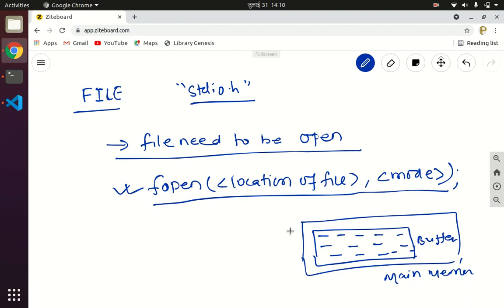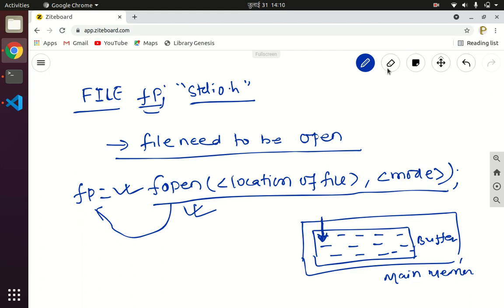When you open the file for the first time, there is a pointer available that will point to the first character of the given file. Most of the time we will be using a structure variable to point to that location. So when you open the file, the address generated for the structure will be pointed to by fp. Basically fp will point to the first character in the given file opened in the buffer. We'll be using this concept in order to implement file handling in C programming language.